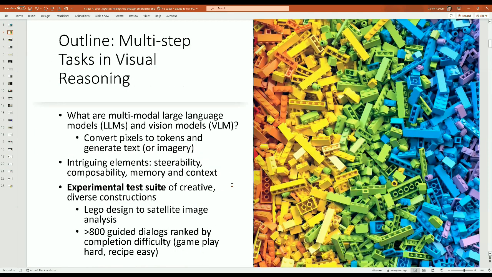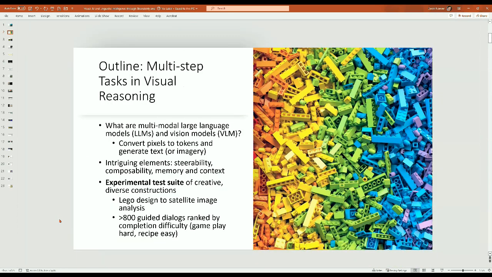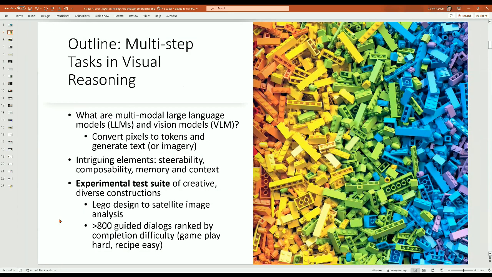The outline for the talk is we're really going to design a practical multi-step recipe in terms of visual reasoning. I'll describe to you what multimodal language models are, sometimes called large language models or LLMs. You're probably familiar with that through ChatGPT or Google Gemini. And then, of course, this layer that's come on strong in the last 4 or 5 months, which is combining vision with language. So multimodal models, or in some sense visual language models.